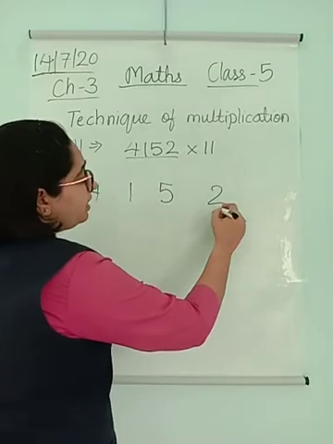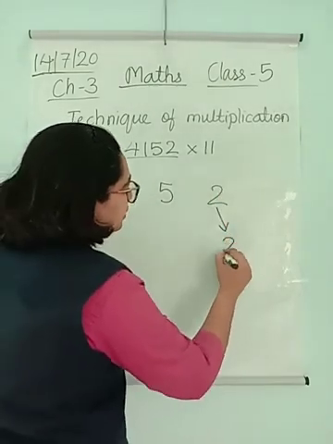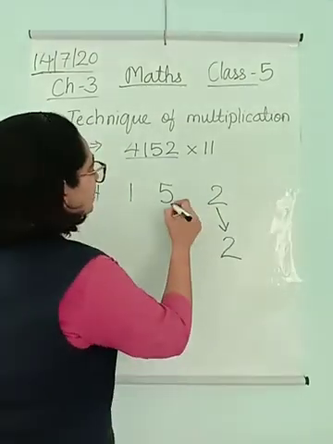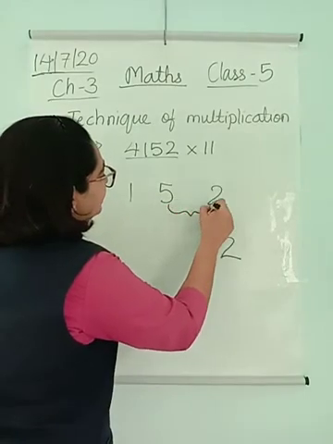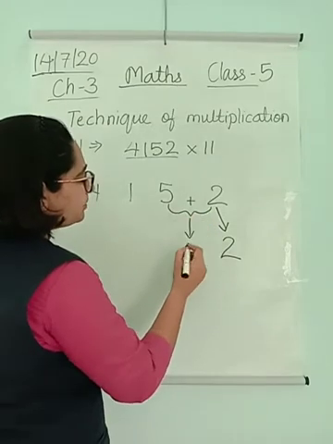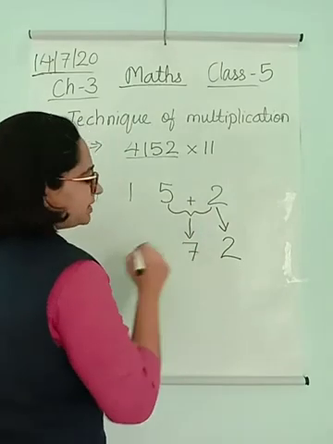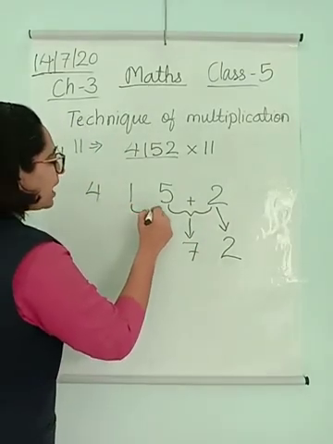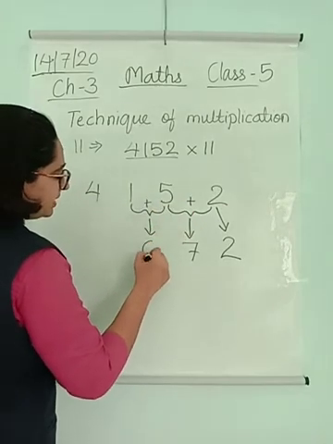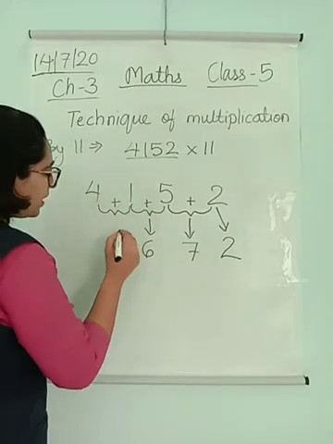Now the first number, the one in the ones place, comes down as 2. जो number है वही नीचे आ जाएगा. Then you have to add these two numbers. First second को add करो, उसका number जो भी आएगा add करने के बाद you will put here. 5 plus 2 is 7, so write 7. Now you have to add 1 and 5. 1 plus 5 gives you 6. Now you have to add these two. 4 plus 1, 5.